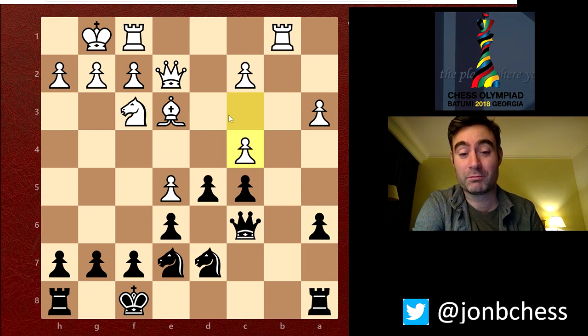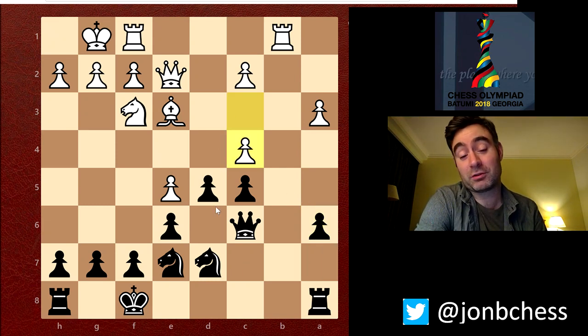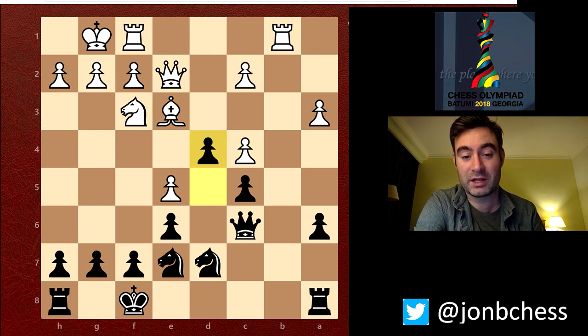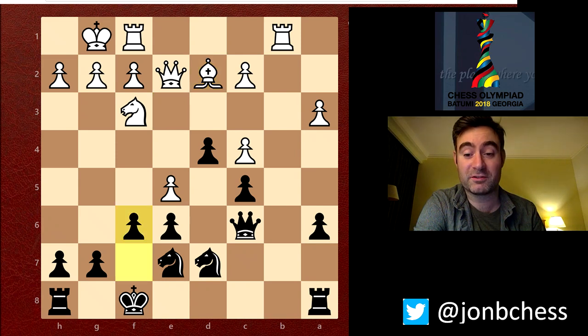He plays c4, breaking open the centre. My original plan was to actually leave the pawns here and maybe sort out my king, so maybe a move like h6 was something I was looking at. However, I spotted an idea to play d5, and to actually try and get the centre for myself by playing f6. A key point being pawn takes pawn, pawn takes pawn, and now this